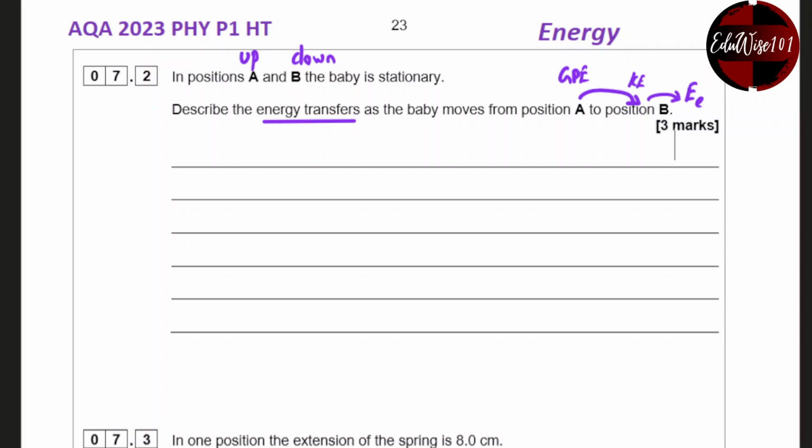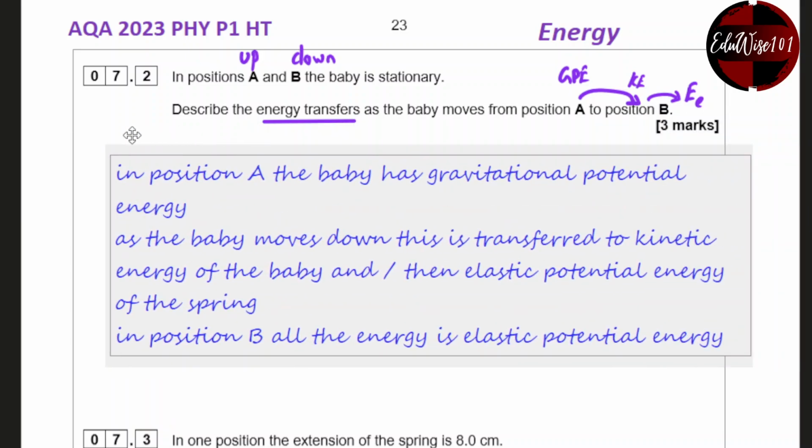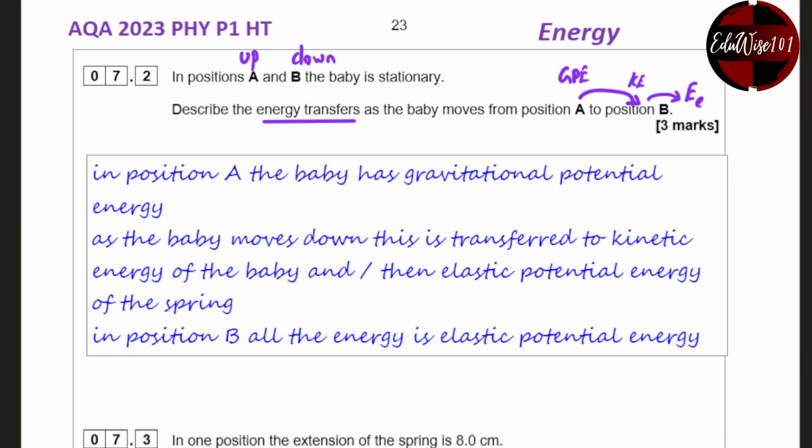So how do we write this answer? In position A, the baby has gravitational potential energy. As the baby moves down, this is transferred to kinetic energy of the baby, and then elastic potential energy of the spring. In position B, all the energy is elastic potential energy. Next part,